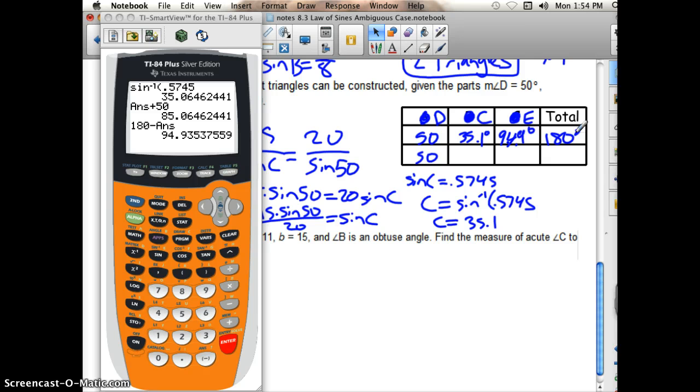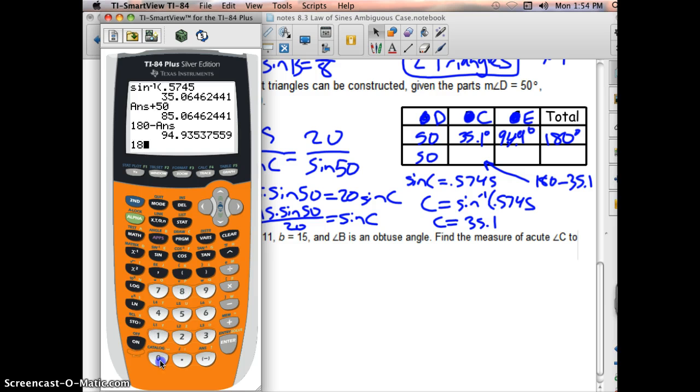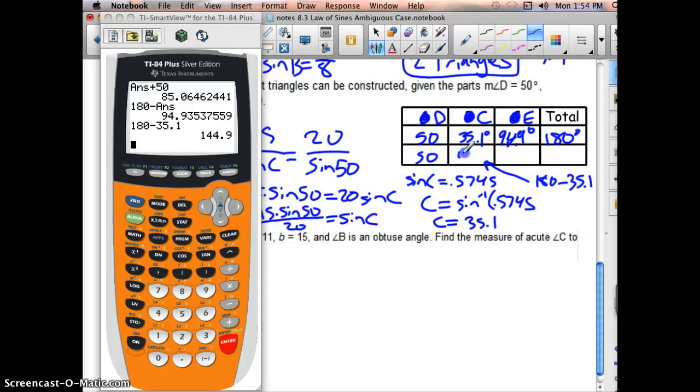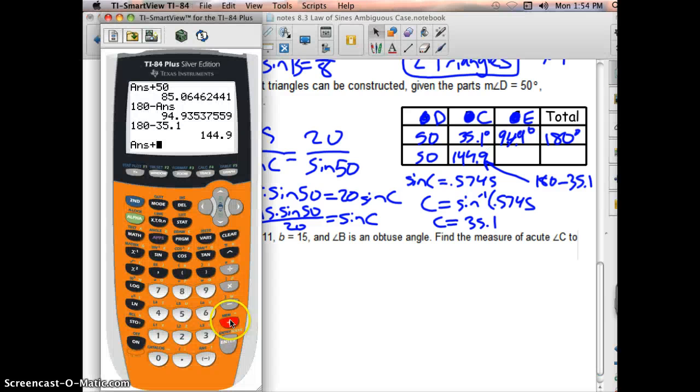That's possible. The other possibility for angle C here is going to be 180 minus 35.1, and you get 144.9. When I add that to 50, I have a little bit of 144.9 plus